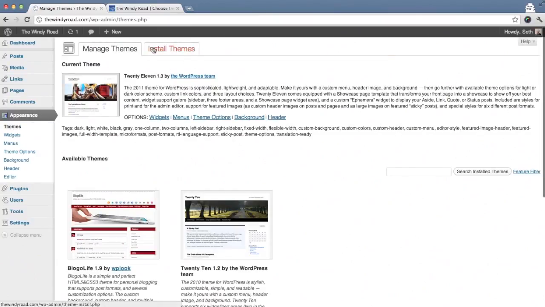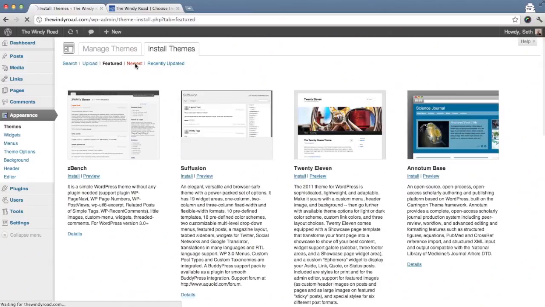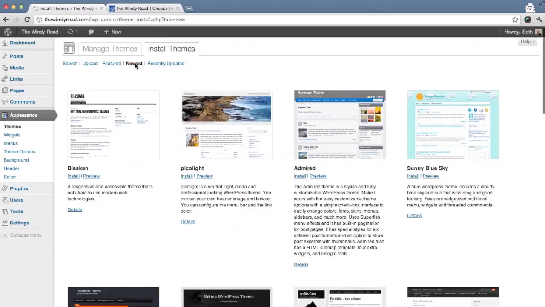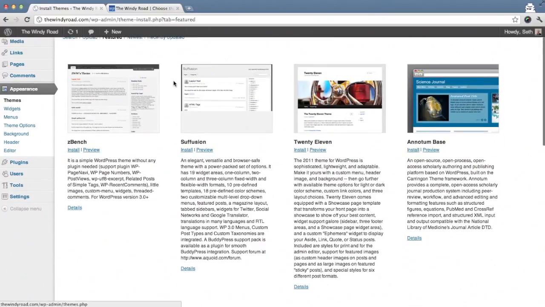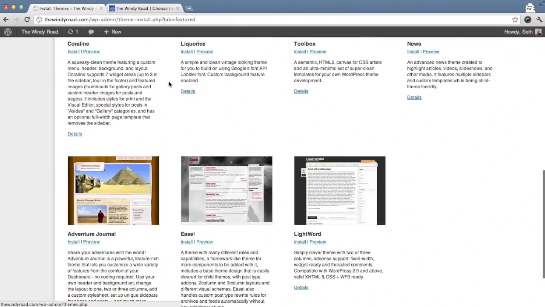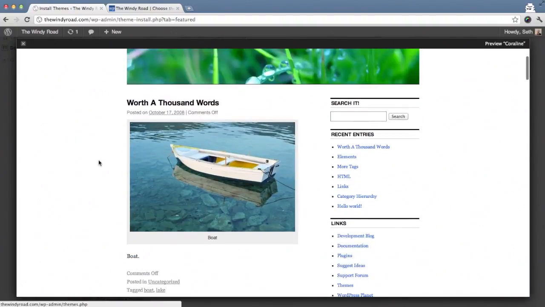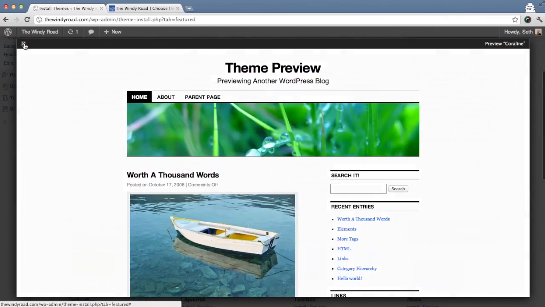If you go back to the themes page and then the install themes tab, you also have up here some featured themes and some of the newer themes. So there are other ways besides the search to find something that you like. So let's actually look at some of the featured themes, scroll through here and see if there's anything that looks the way that we'd like. Actually going to try the Coraline theme. We kind of want to preview it first. Looks pretty basic, but that might work as well. So we can hit close,